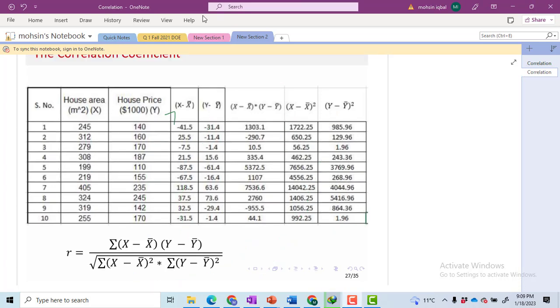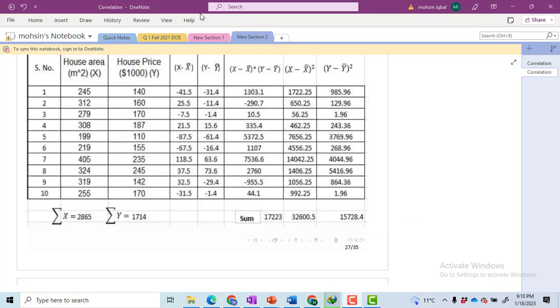Now we need the sum of this column, so I will take the summation of all of the values, that is 11303.1 plus minus 290.7 then plus three dots, then a plus sign, then the last value, that is 44.1. This is the standard way of writing in your assignments as well as in your exams and quizzes. So we will get the answer, and I have calculated this in the next slide. This is equal to 17,223. Likewise, I have taken the sum for this column and it comes out to be